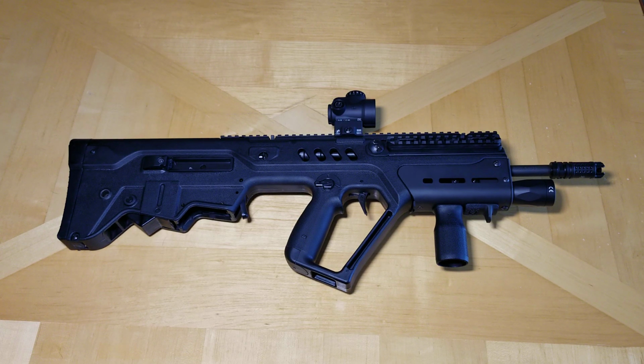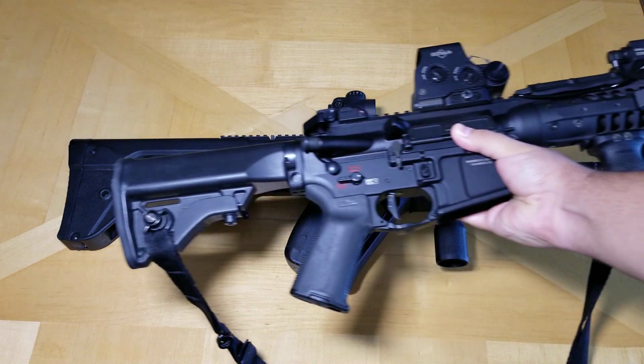So for a quick comparison, I do have a 10.5-inch AR here handy, so you can see what it looks like as far as difference. I'm sure that a bunch of people have done this already, but I want to show it, and it's going to be a little bit of a sneak peek of some other stuff that I have to review. So this is a 10.5-inch AR,